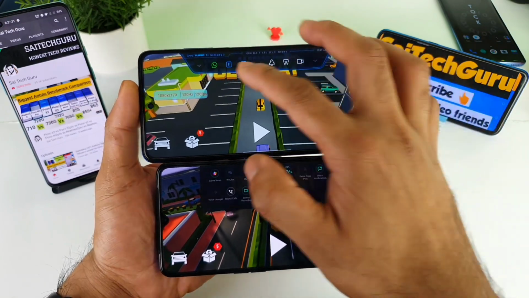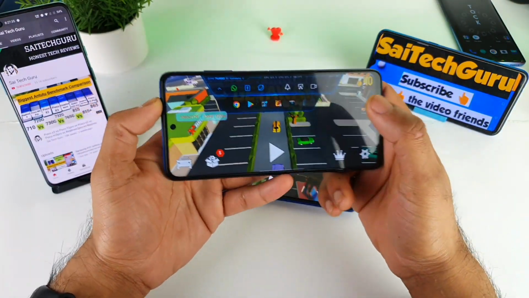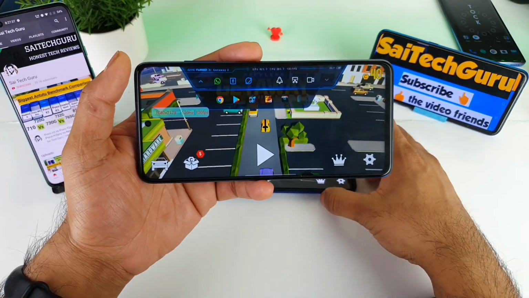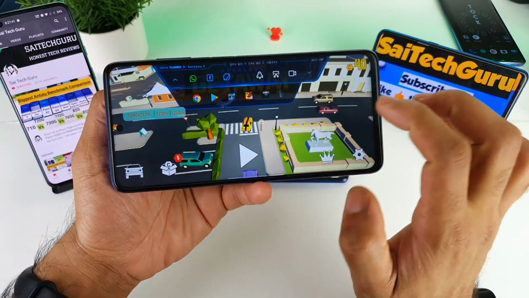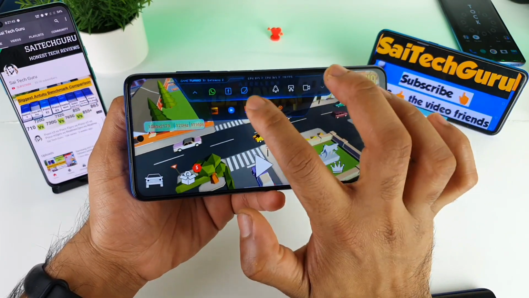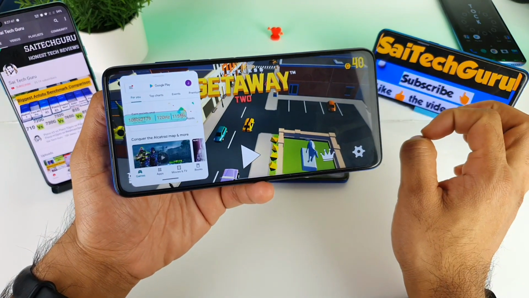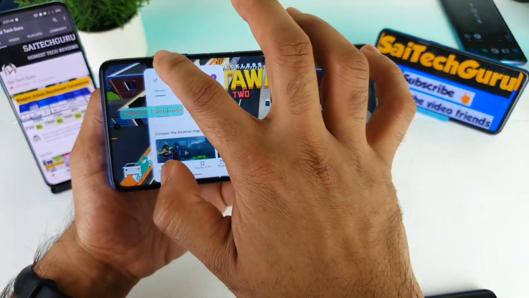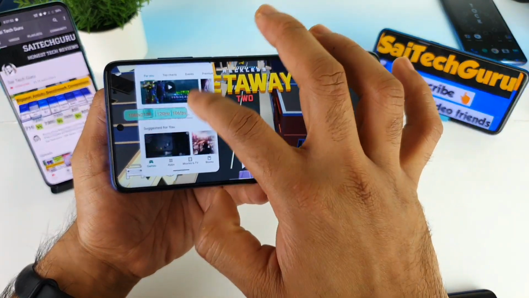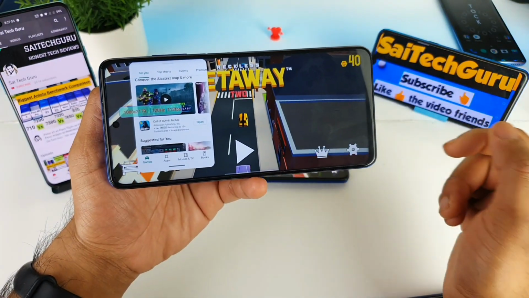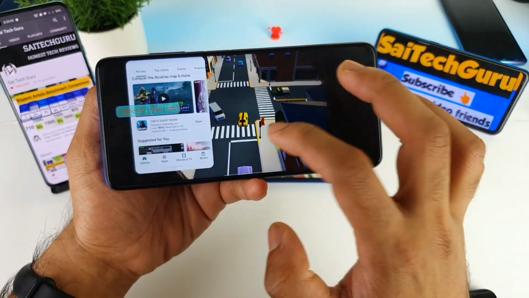So next, on the other hand, the Poco X3 has got tons of features built in, which would take a long time to explain in this kind of comparison. As soon as you tap, you do get all these applications, which means you can use these applications as a small floating window, as you can see, friends. So even while you're gaming, you can go to any other application and quickly check the info, and you can come back to the game, and in the background the game won't stop running. The game will always be continuing as well.